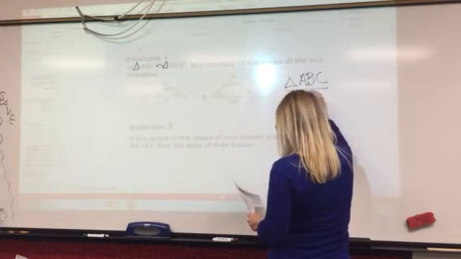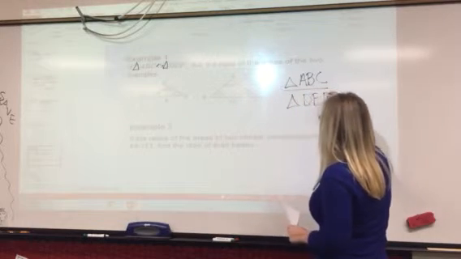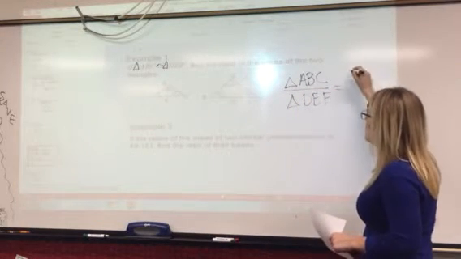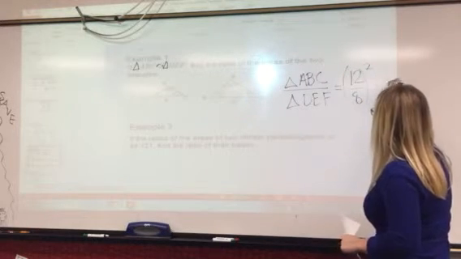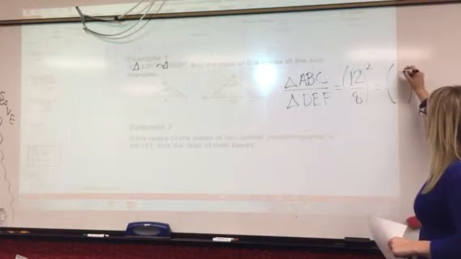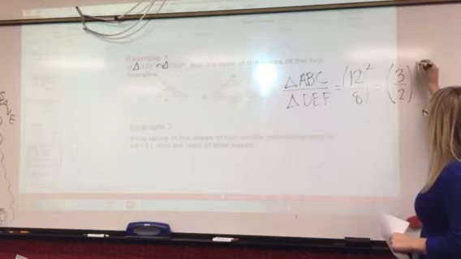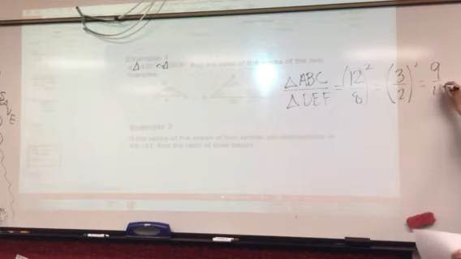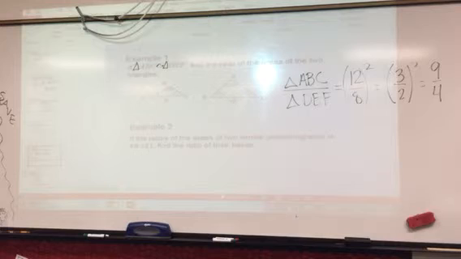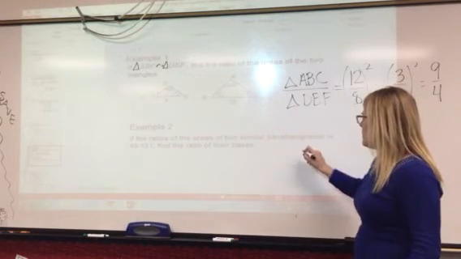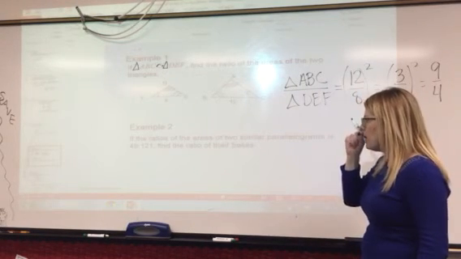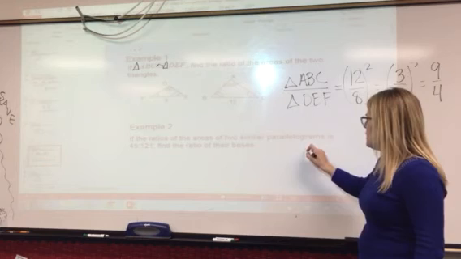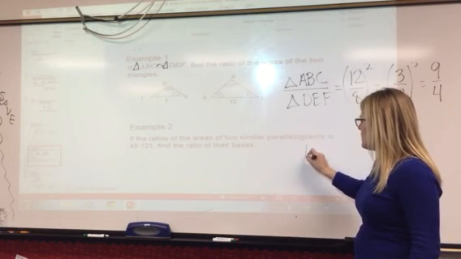I'm going to put triangle ABC on top. They didn't really say which one needed to go where. It's going to be 12 over 8 squared. Both of these reduce. So the ratio of the areas is 9/4. If the ratio of two similar parallelograms is 49 to 121, find the ratio of the bases. So in this case, we said that the ratio of the area